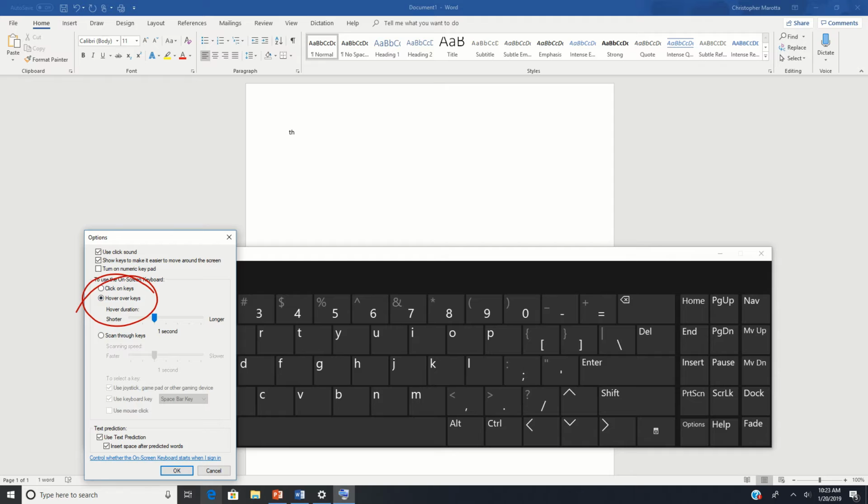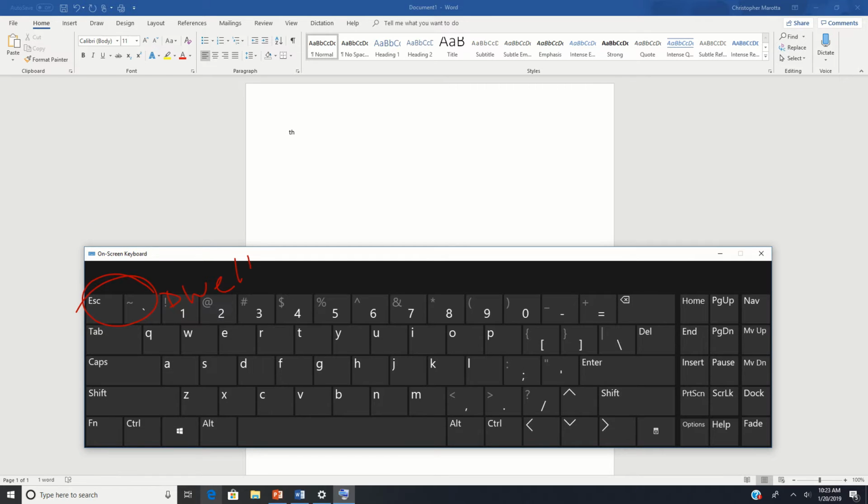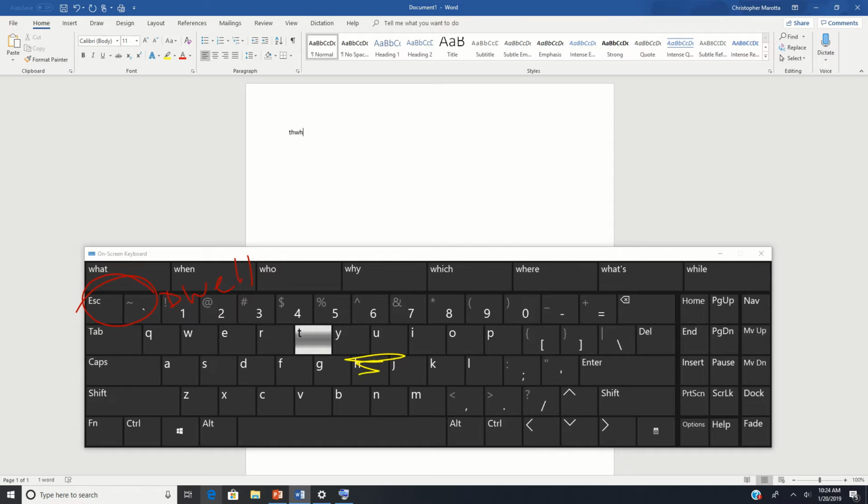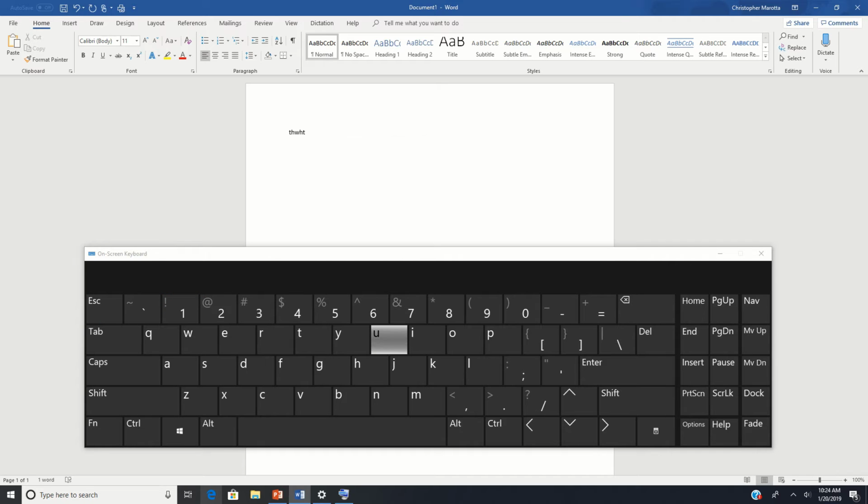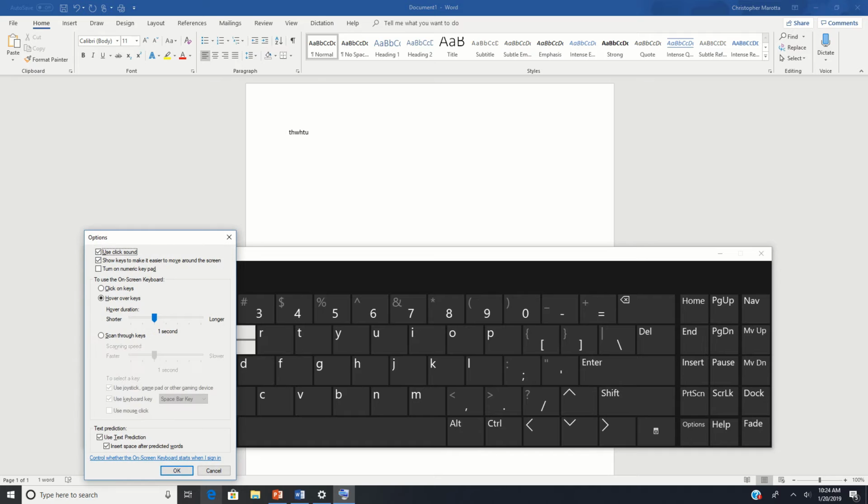Now, what this allows you to do is it eliminates the need to click. So if I would hover over the letter for a certain amount of time, it would register that and type it. So you can see W, H, and this timing of how long it takes to make the selection can be adjusted in options,